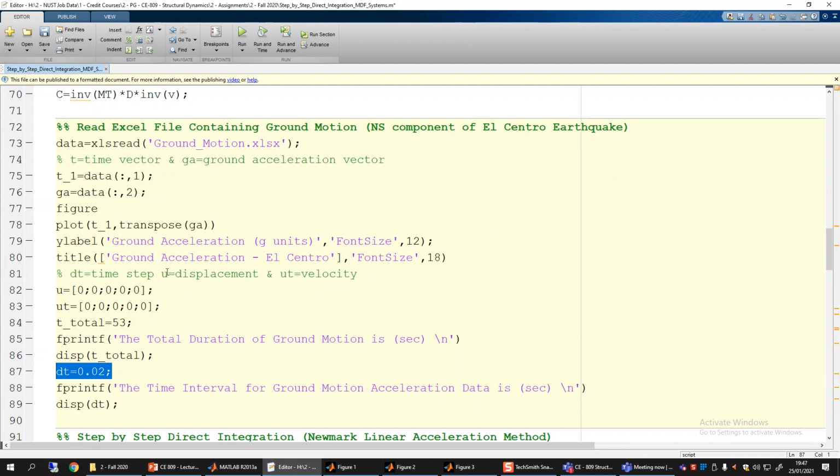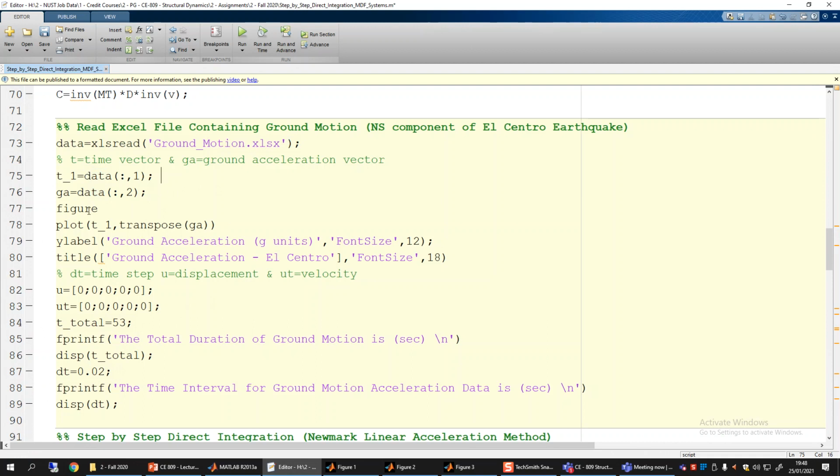But if I had given some more time, I would have directly extracted it from the data itself, because I am reading the Excel file and the data is being imported in MATLAB. So delta t and total duration should ideally be directly taken.